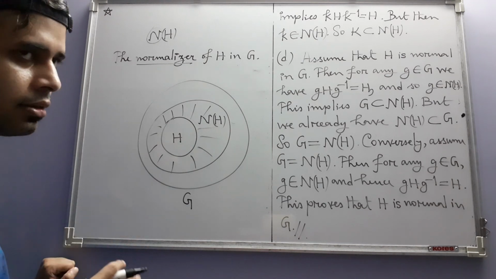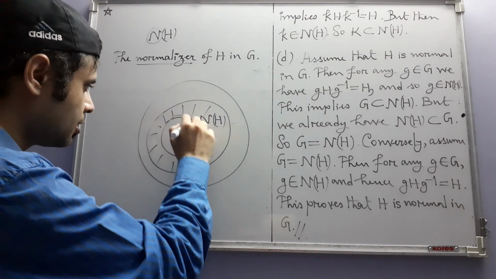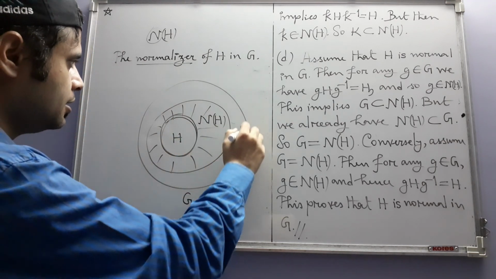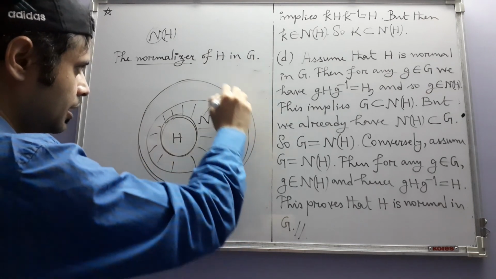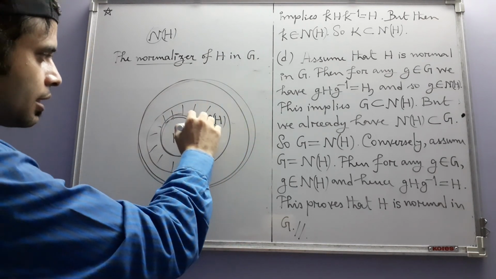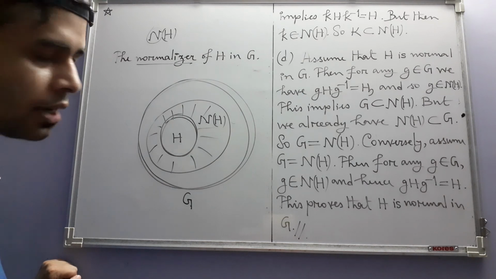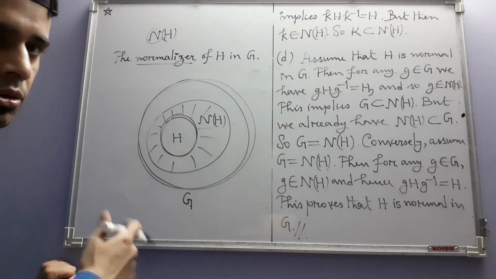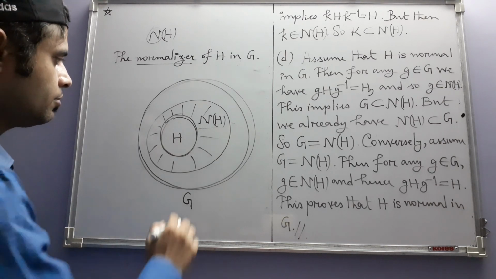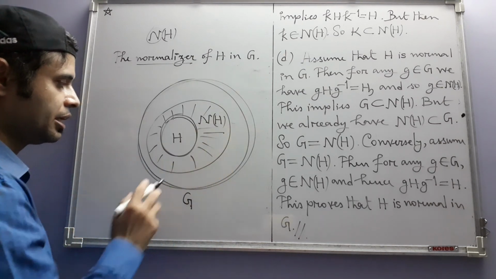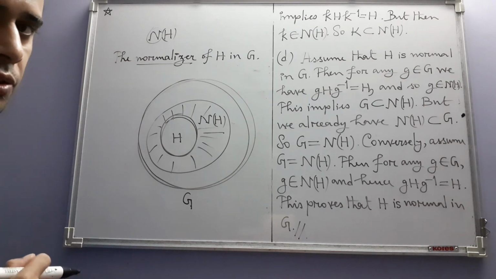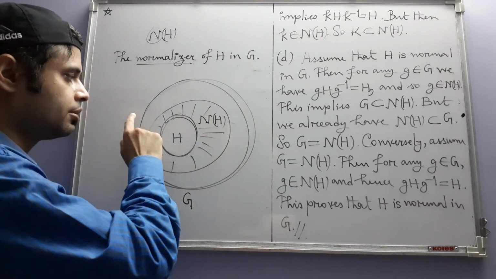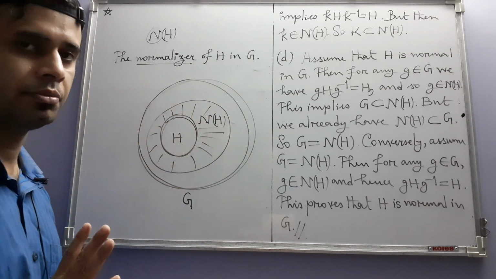And from this you can clearly see that if our original H is normal in G, then G becomes a subgroup of G in which H is normal. But since NH has to be the largest in such environment, in this case G has to be equal to NH, and the converse is also true. So this may give you an idea of what NH actually is. It is the largest region in which H will be normal.